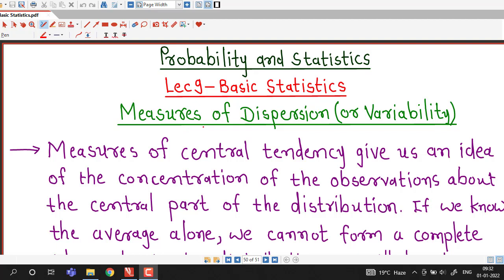From this lecture onwards, we are going to discuss measures of dispersion or measures of variability. So in this lecture, we will introduce what is measure of dispersion or variability. So far we have discussed measures of central tendency, or we have discussed different types of averages. So why we need measures of dispersion in addition to the measures of central tendency, that we are going to